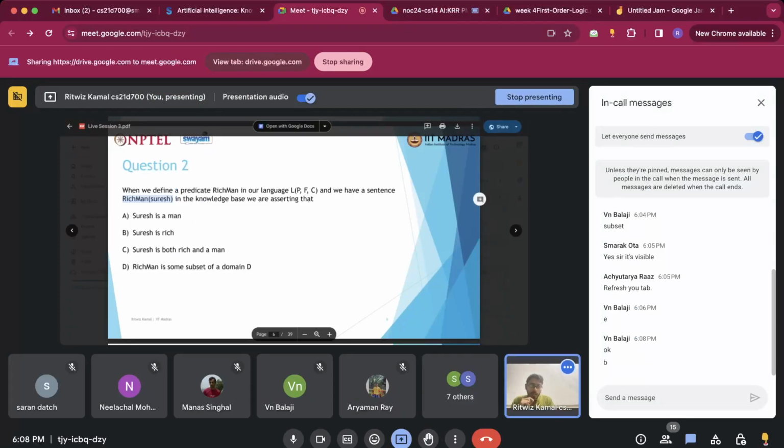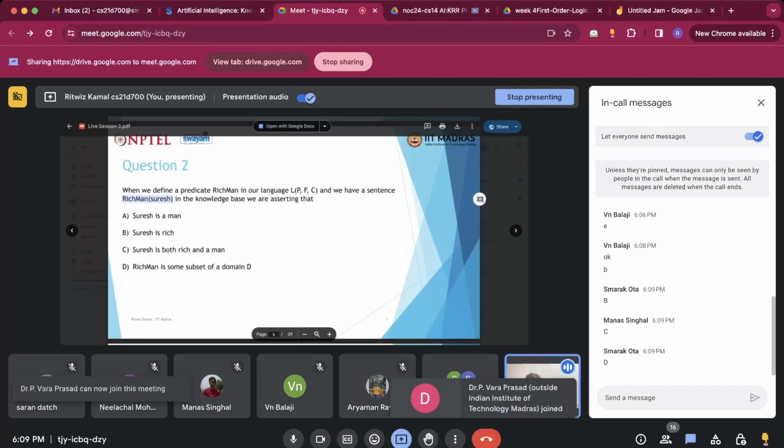So you may not have to concern yourself with the actual meaning of what these words convey. We have two options for B. Think a bit more about it, about what I just said. This is a logical language, first order logic. It does not concern itself with the English language meaning that the words contain. So when you say that a predicate is RichMan, it does not necessarily refer to a man who is rich. And also remember the definition that we just discussed of a predicate,